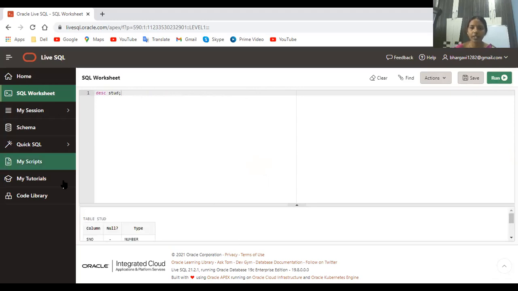Column student number, not null is not there here. That means we have not given a primary key, so this may be null, may not be null. See how many columns we created? SNO, SName, SMarks and their column types. If you say primary key there, then only you will get not null here. Okay, clear? Any doubts in this?